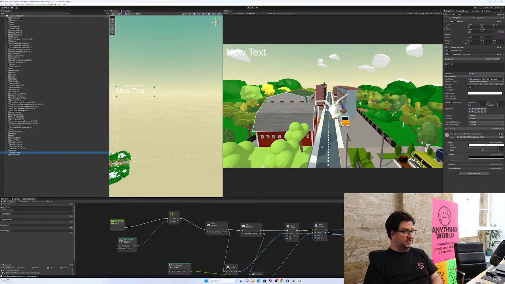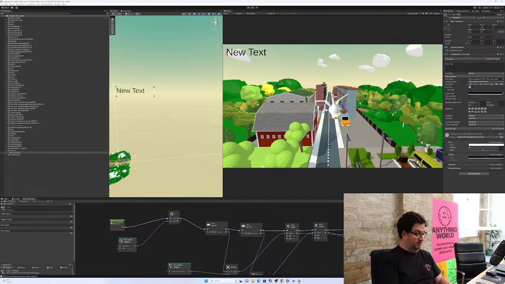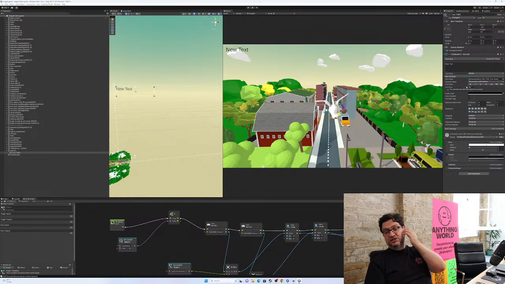And now on my text, I'm going to change a couple of things. First of all, I'm going to change my text color to black just to make it easier to read. And I think the font size is a little bit too big. I'm going to change it to, let's say, 20. And this is going to be my Seagull size. So I'm going to write size